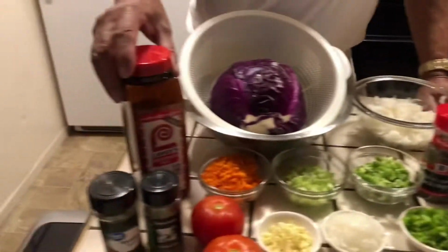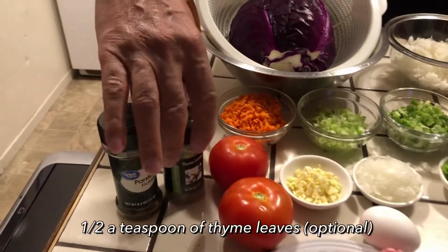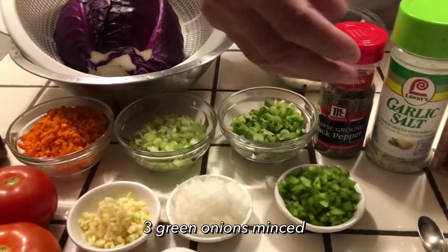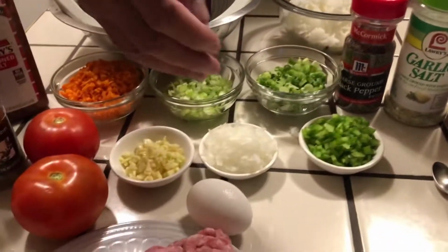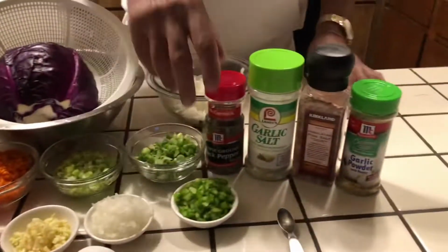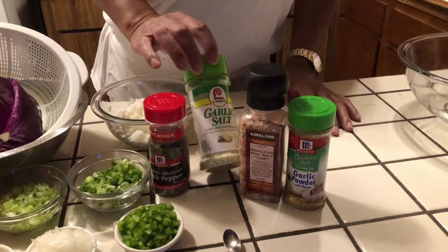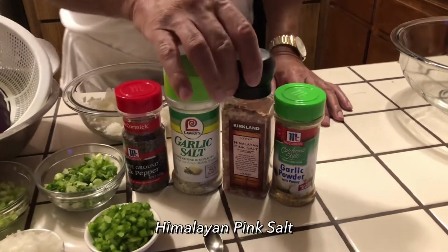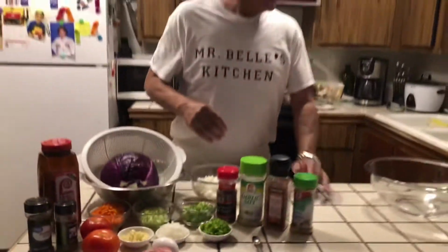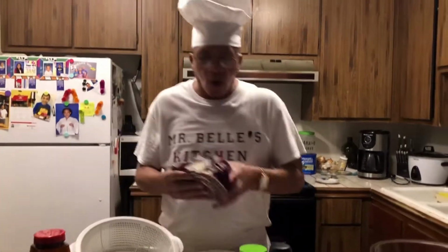I'm going to have some seasoning salt, some parsley, and some thyme leaves, carrots, celery, green onions, bell pepper, white onions, garlic, tomatoes, eggs. Also, I'm going to have some coarse black pepper, some garlic salt, some pink salt, and some garlic powder. So, first of all, what I'm going to do, I'm going to take this core out right here